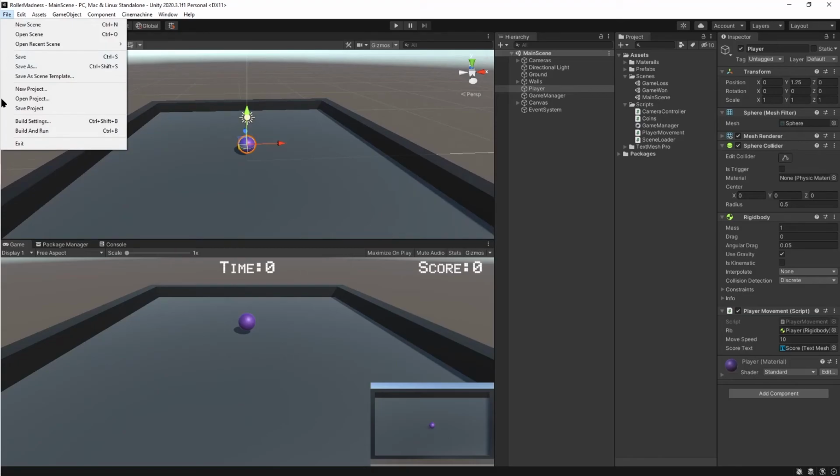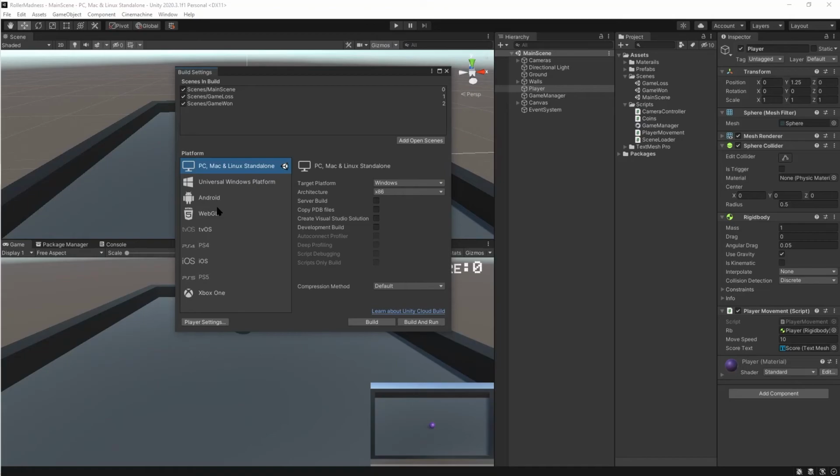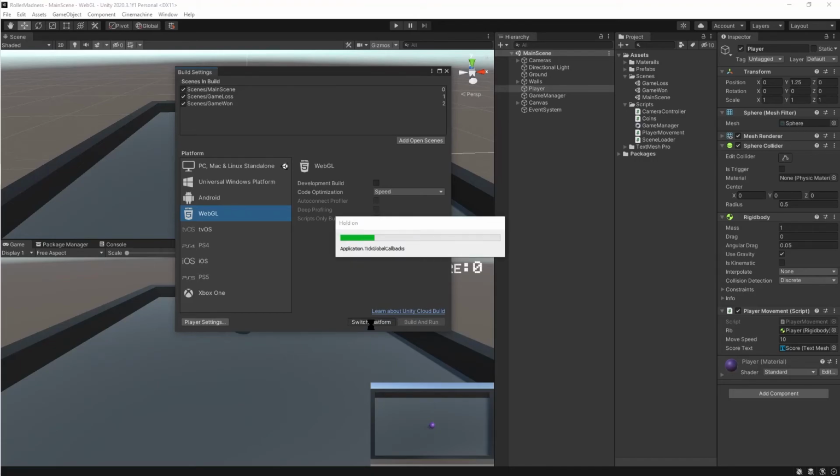The last thing we will do is build our game. I'll go to Build Settings, select WebGL, and switch platforms. WebGL is the HTML5 version; basically you can play the game in any web browser if you upload it to a website.